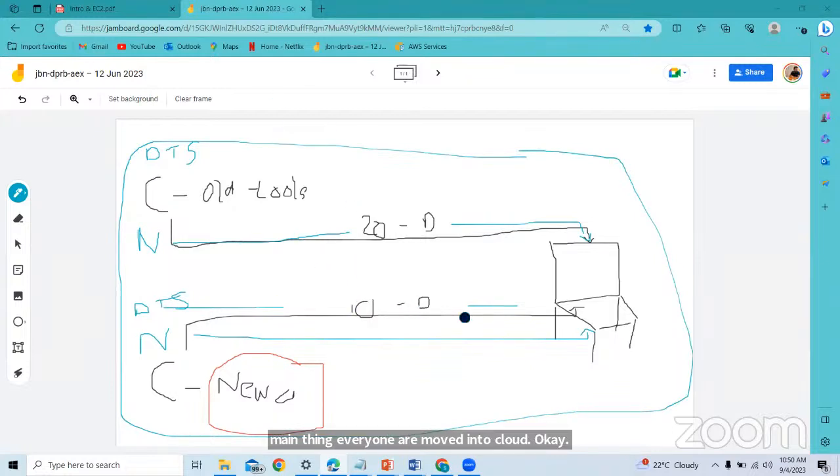Any doubt here, guys? Did you understand why cloud was introduced? Yes. Hi, sir. How can I understand in technical terms? Yes, going forward, you will understand. For now, just understand the concept first. If you know the concept, it will be easier for you to understand.